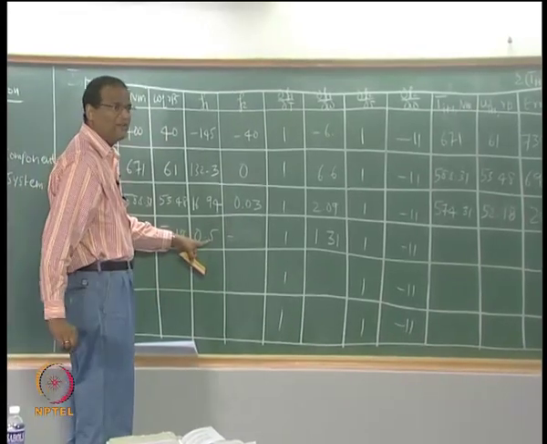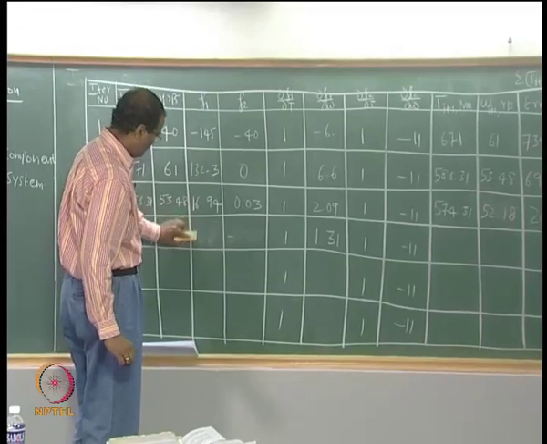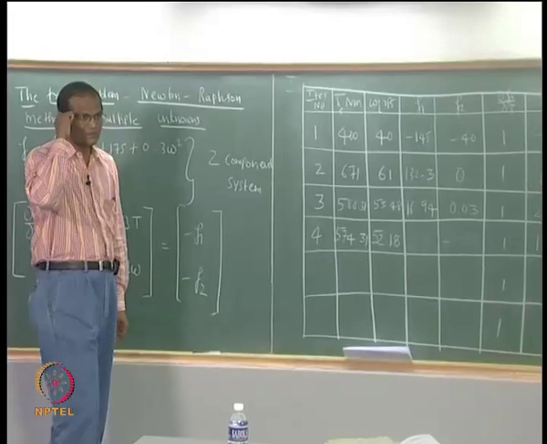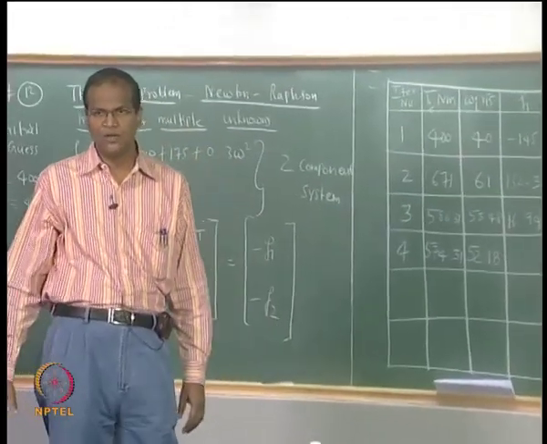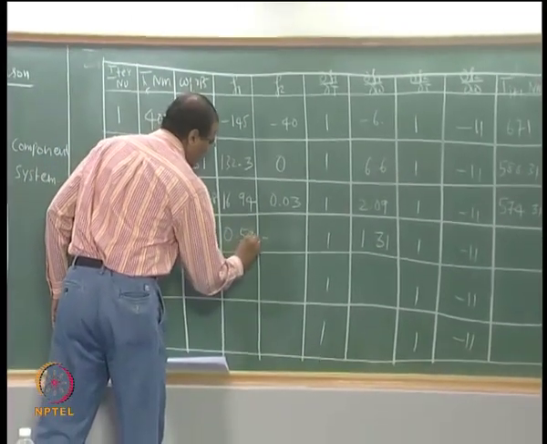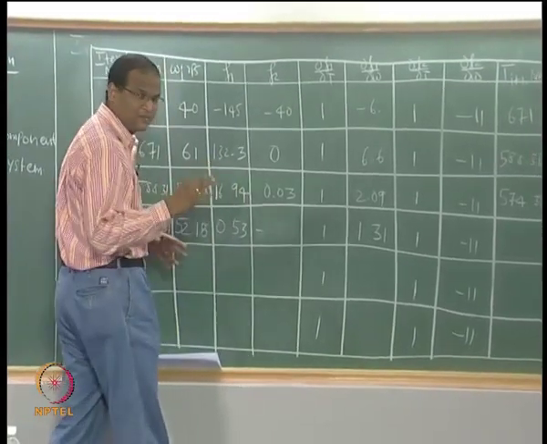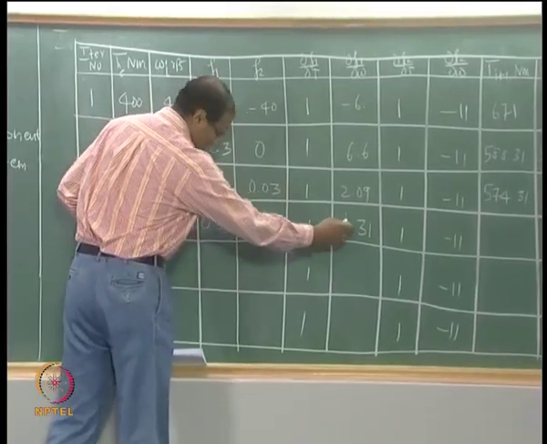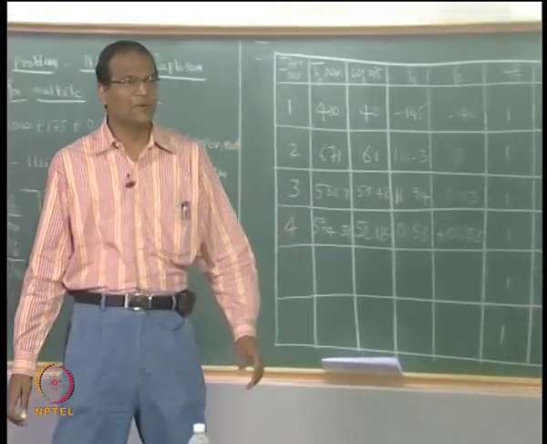This is okay, 0.5, F1. So what is F1 with this? You got it, Mridula? 0.53. Both are plus. This F1 is 1.31. Okay. Now you get the next one. I think we will stop with this.